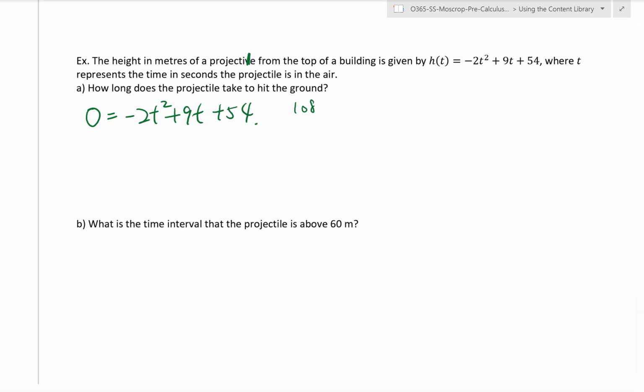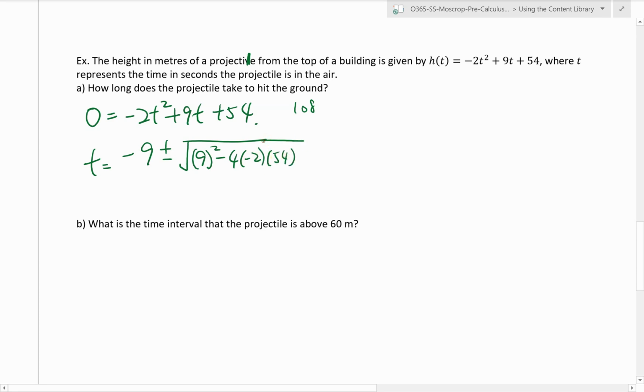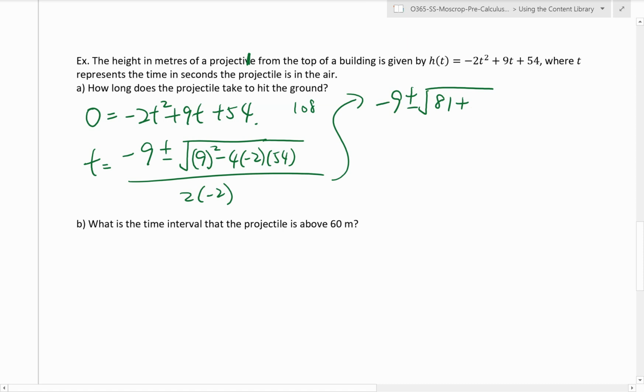Okay, so that's okay. So t would equal negative b plus or minus the square root of b squared minus 4ac, divided by 2a. And now you need to plug this into the calculator. This is negative 9 plus or minus the square root of 81 plus 8 times 54, that's 432, yes, divided by negative 4. This is going to be negative 9 plus or minus the square root of 81 plus